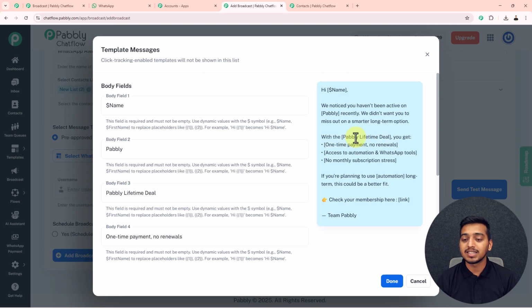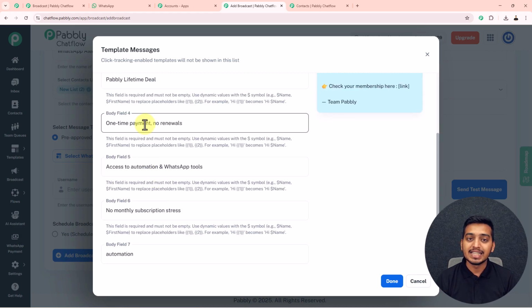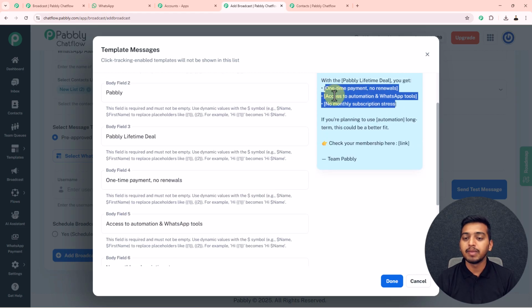You can see this is our third dynamic field. Here I have added the plan bought by my customer. In here, inside this body field 3, you can enter the plan bought by your customer. And next, inside these 3 different points, I have explained the details of this particular plan. That's why inside these 3 different fields, I have added details about these 3 different benefits of this particular lifetime deal. And after that, I have written this: if you are planning to use automation long term, this could